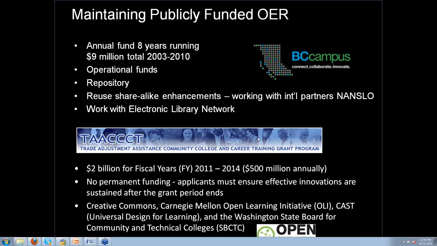And so it dawned on Creative Commons and Carnegie Mellon and State Board and CAST, our accessibility partners, that we should collectively do everything we can possibly do to help these TACT grantees be as successful as they can possibly be. Why? So they produce the very best stuff that they can possibly produce,